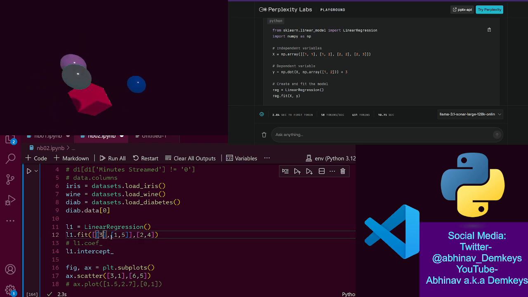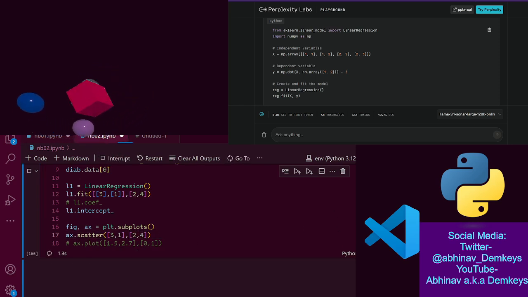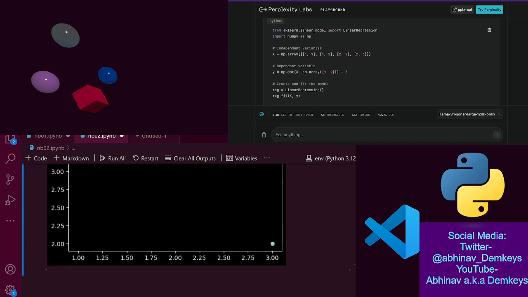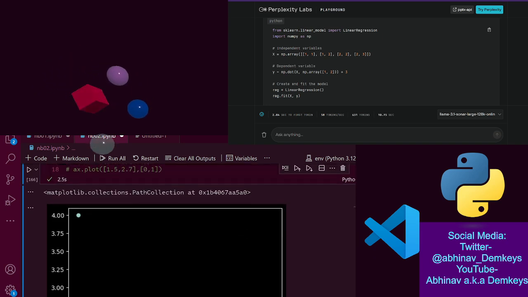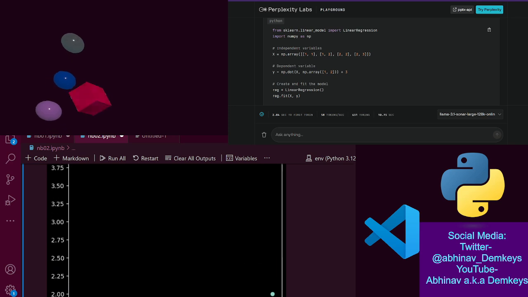If I were to visualize it in this way, this works, right? And what that means then is we have two x values and we have two y values. So if I plot this,